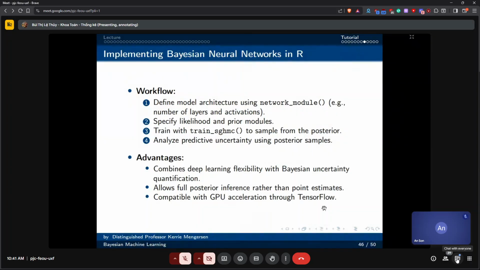So we look at the posterior samples and we get estimates of these neural network parameters. So it combines the deep learning flexibility with the Bayesian uncertainty quantification. We get full posterior inference rather than point estimates, and we can use GPU acceleration, so we can use like TensorFlow, so we can do fast computation.